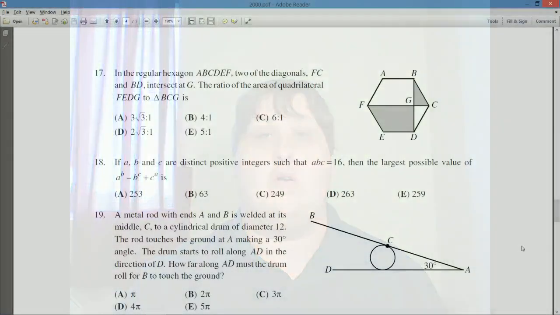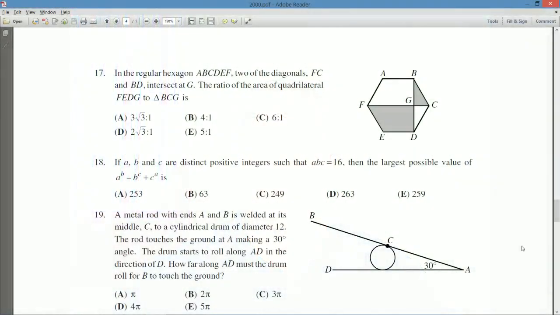Hello everybody and welcome back to more of the 2000 Cayley paper. We're on to question number 17. Okay, so what does question 17 say? In the regular hexagon ABCDEF, two of the diagonals FC and BD intersect at G. The ratio of the area of the quadrilateral FEDG to BCG is, okay,